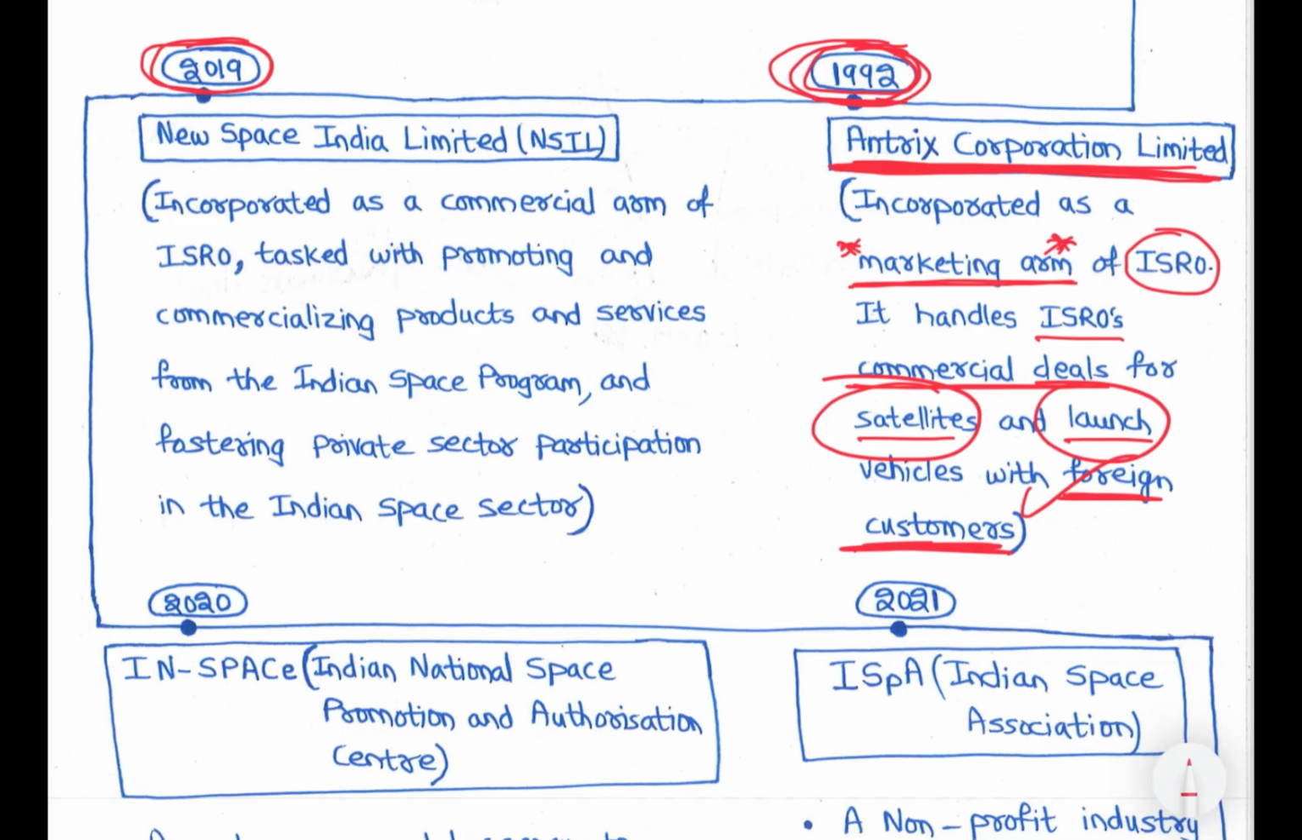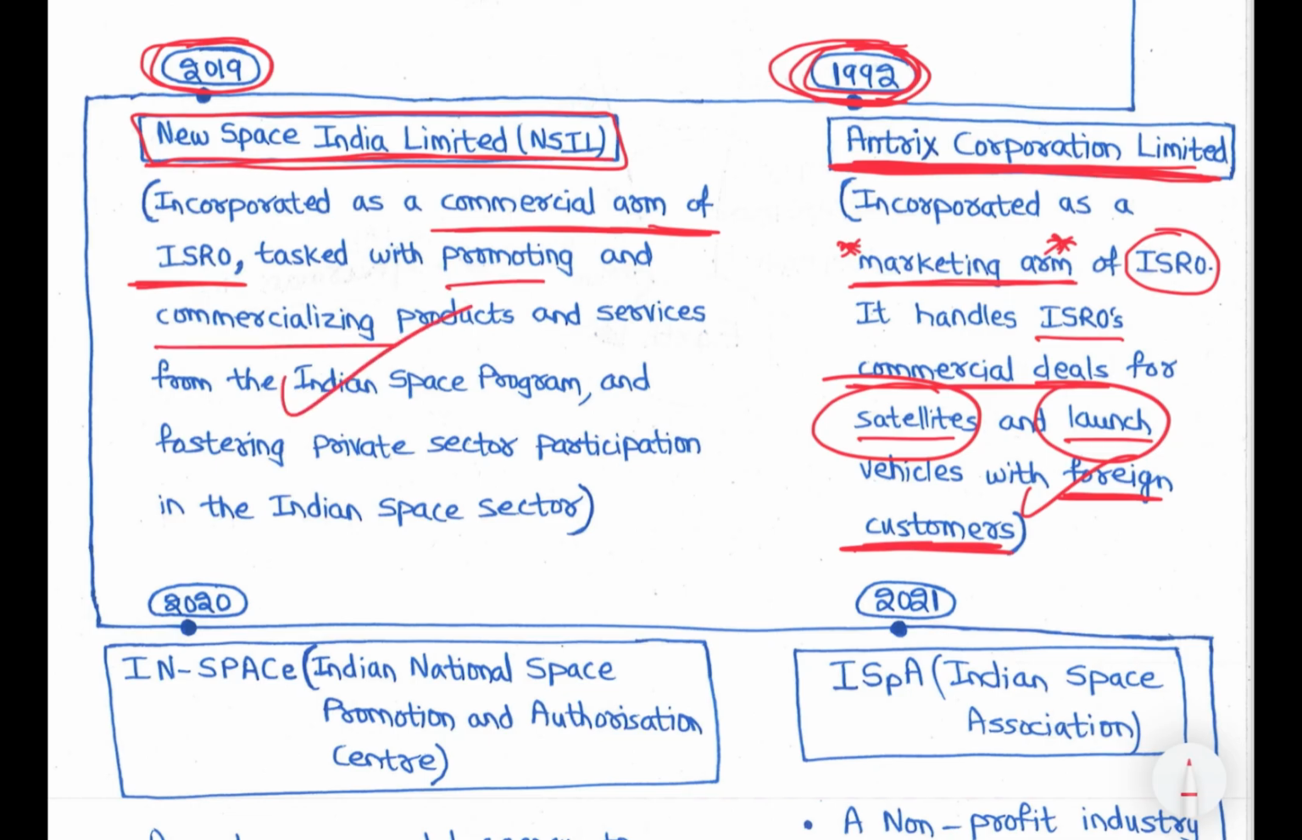With SpaceX and all, they are revolutionizing space technology. So India also slowly started moving towards the private sector, right? With that idea, we formed New Space India Limited, NSIL. It is incorporated as the commercial arm of ISRO, tasked with promoting and commercializing products and services from the Indian space program and fostering private sector